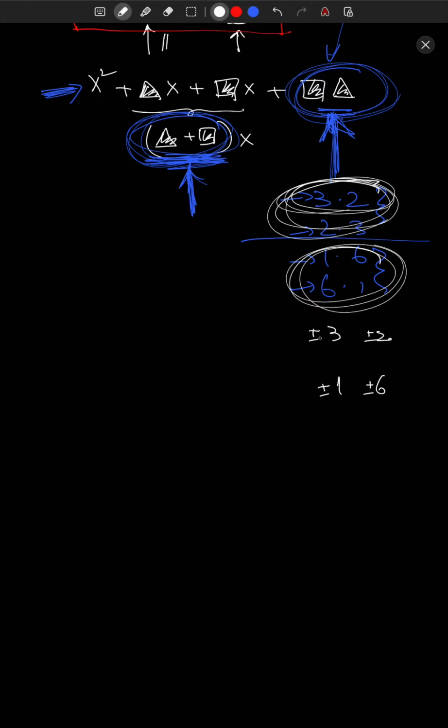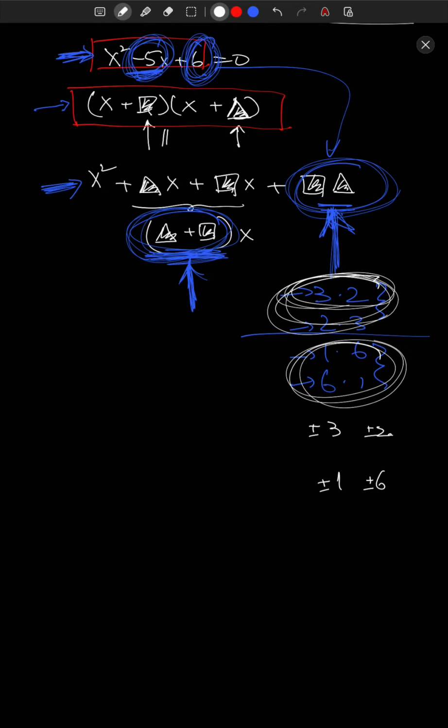Okay, so the question now is whether we should use plus or minus, and whether we use 3, 2, or 1, 6. All right. So if we think about this, first of all, we need the product of our two numbers to be positive 6. So if we choose positive 3, then we have to choose positive 2, right? Because 3 times minus 2 would be -6. We don't want -6. We want positive 6. In the same way, if we choose -3,